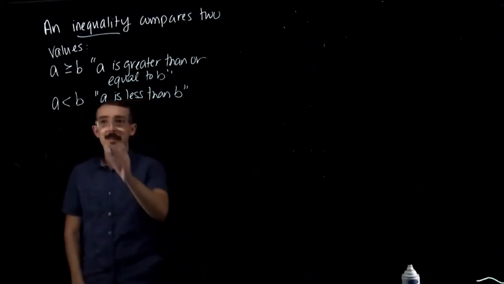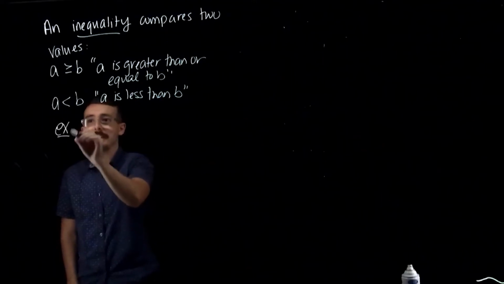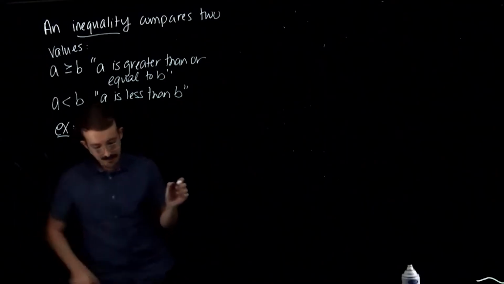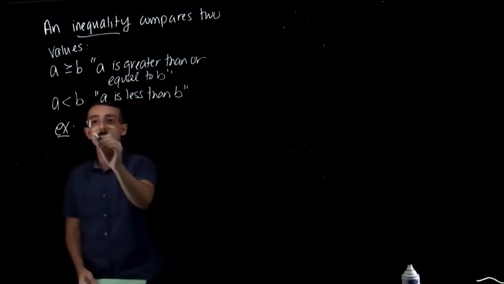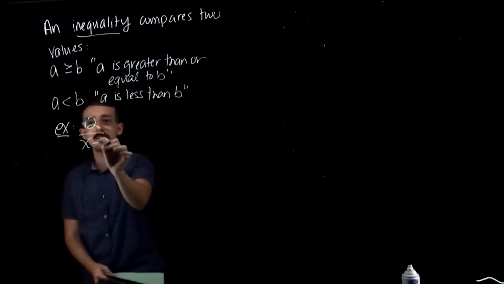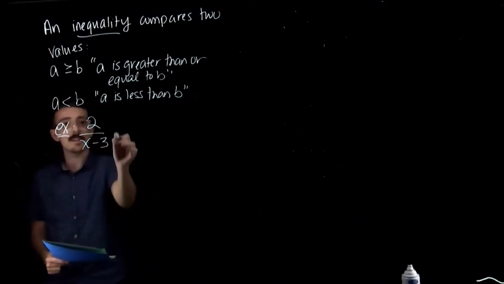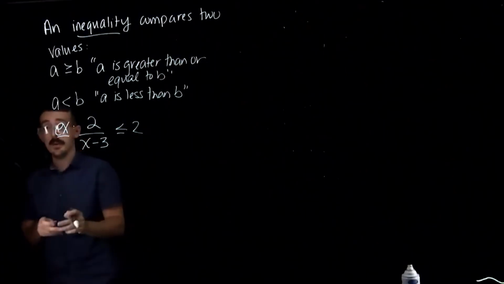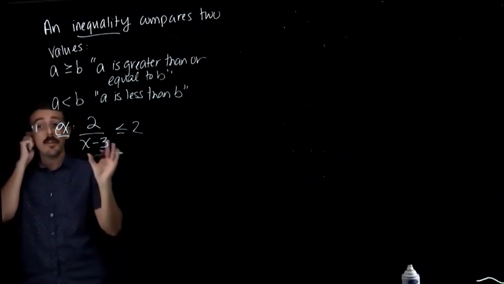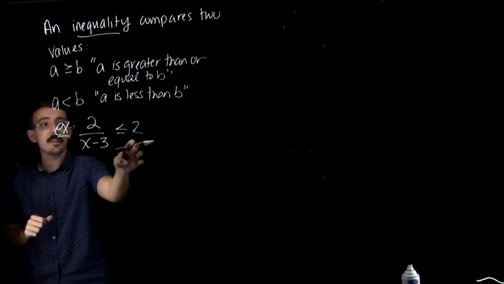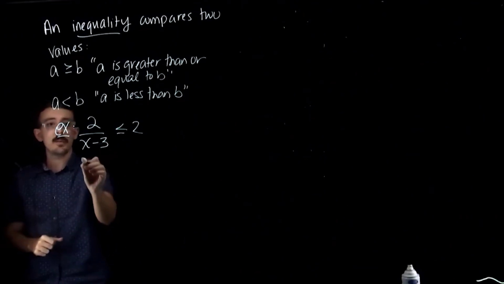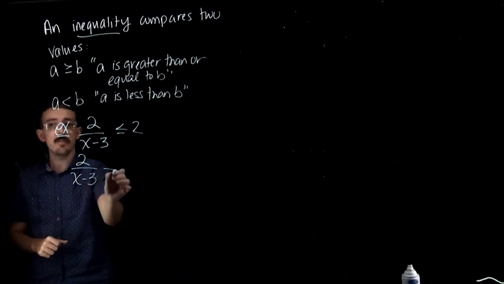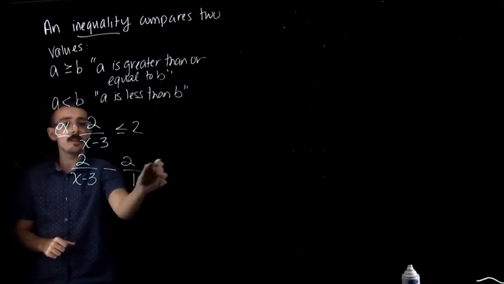OK, so let's look at an example of an inequality. As our example, we'll have 2 over x minus 3 is less than or equal to 2. So we're going to solve this inequality. First things first, I'm going to subtract this 2 over here. So I'm going to get 2 over x minus 3 minus 2 over 1 is less than or equal to